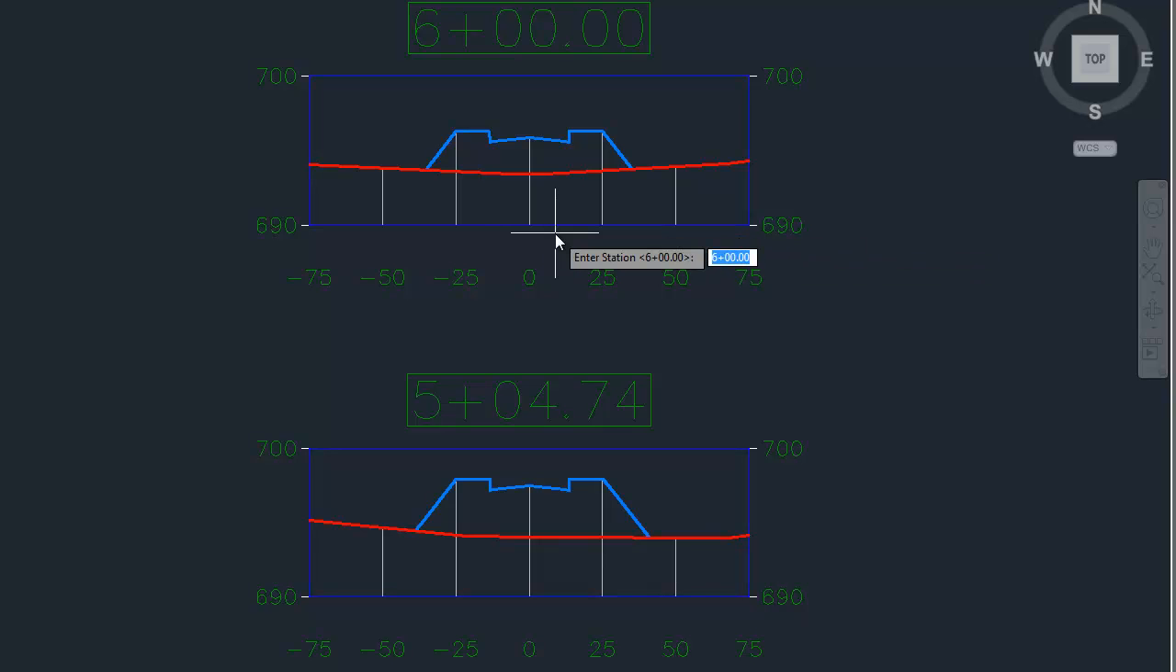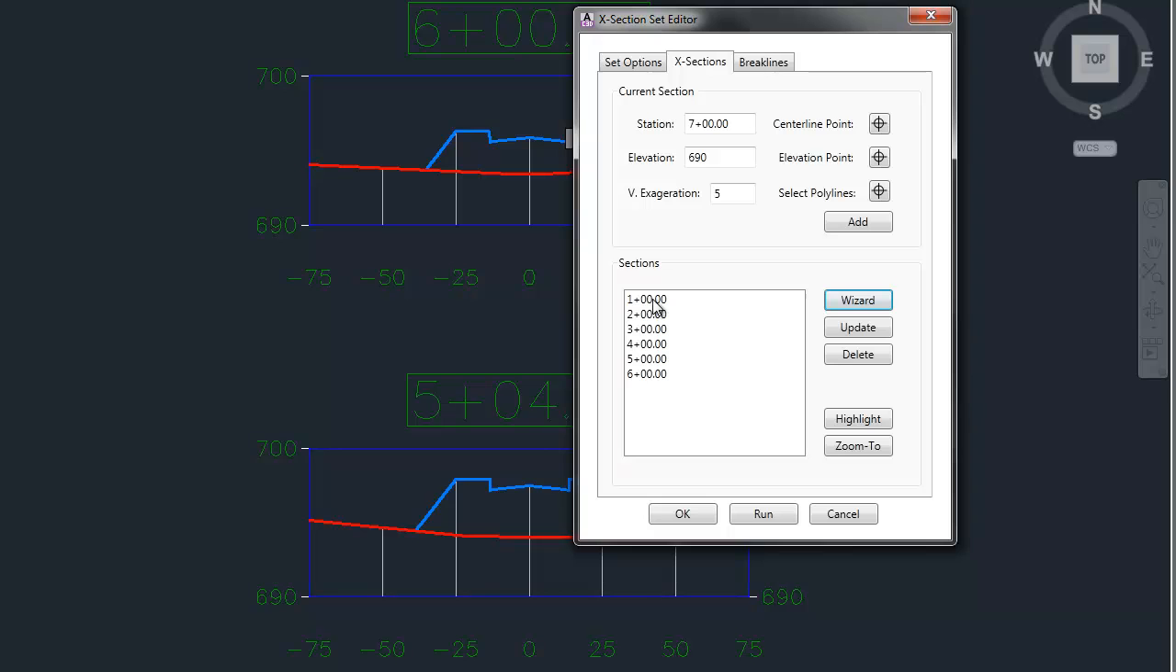And 6 plus 00. Click the point. Elevation. Click the point. Accept 5. Select the polyline. And that's it. So we basically have 6 cross sections here, and so we could finish if we want to